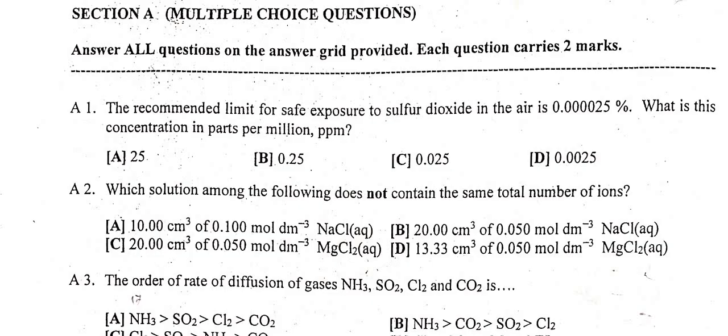Look at question 1. They're saying the recommended limit for safe exposure of sulfur dioxide in air is 0.0004025%. What is the concentration in parts per million, in ppm? Okay, so question 1, I will express this percentage in parts per million, and a million has 6 zeros. So if I may, okay, just a minute. Yeah, so I have